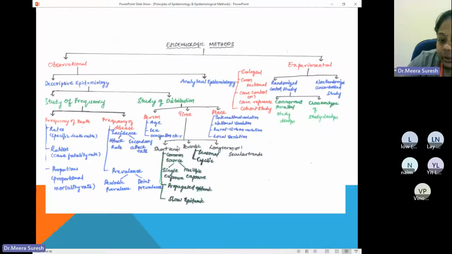So in short term, we saw that the main example would be an epidemic disease. And I have seen among you, I don't remember exactly, maybe at least one person, but the majority of you made a mistake when the MCQ was asked what is an epidemic disease. I don't know why you got confused. Maybe before the exam yesterday, in the last class, I explained to you what is actually an epidemic. It is an excess of cases.